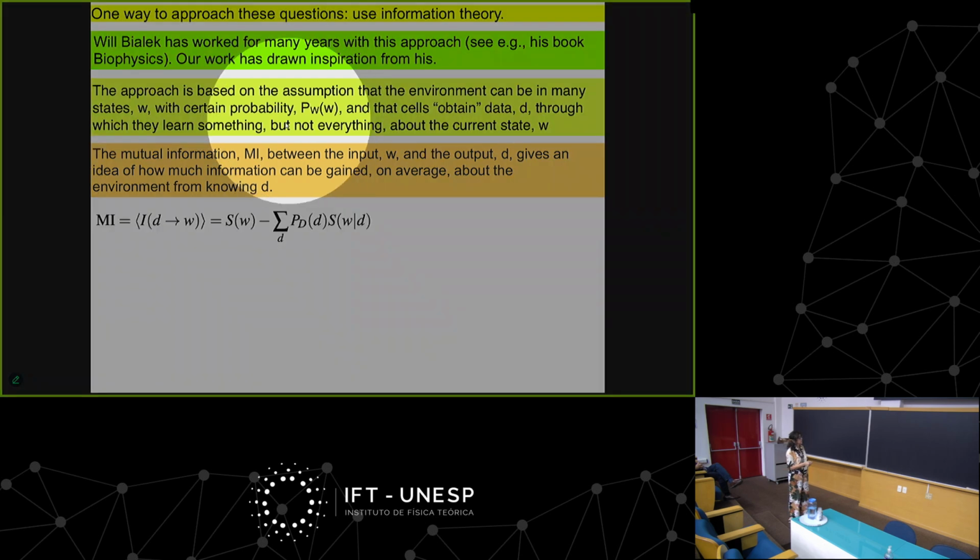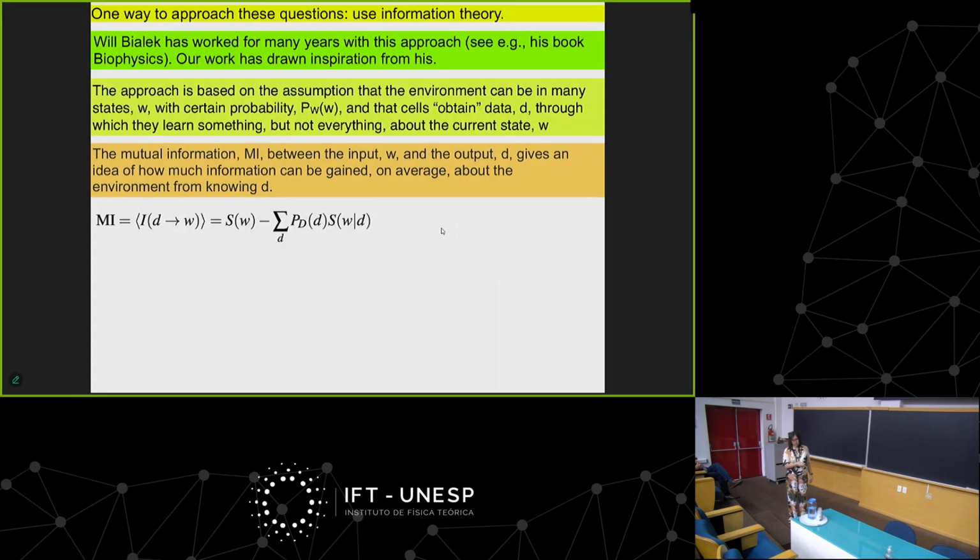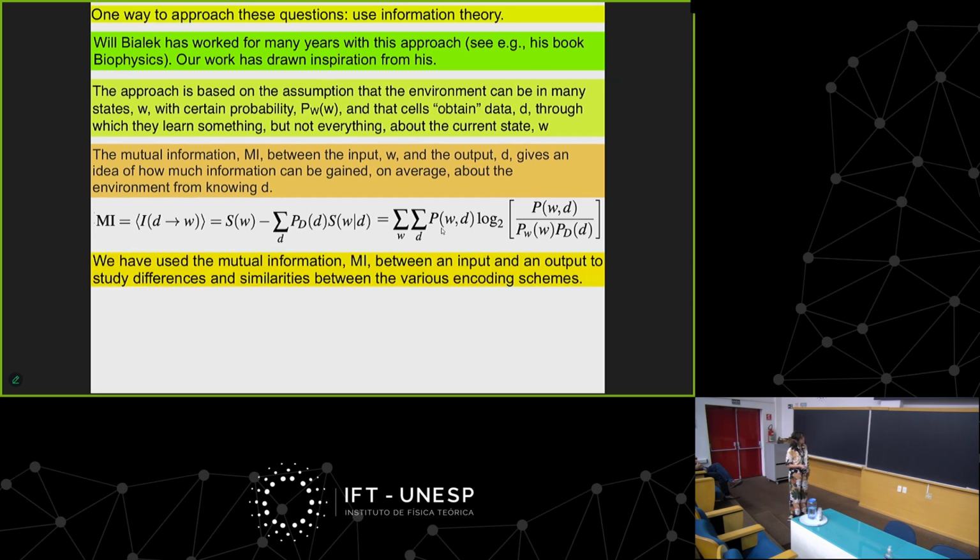Here, this is the entropy of the environment. And this is the conditional entropy when you measure some D. But then you average over all possible values of D with their own probability of occurrence. That's basically the mutual information. And you can put it in terms of the joint probabilities and the marginal probabilities. Anyway, so we use this,